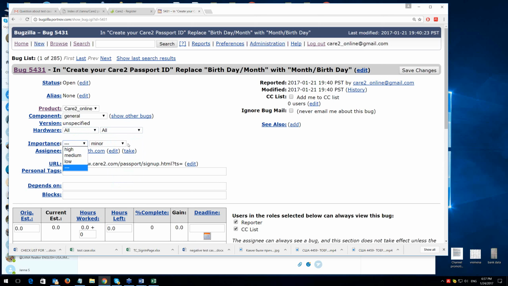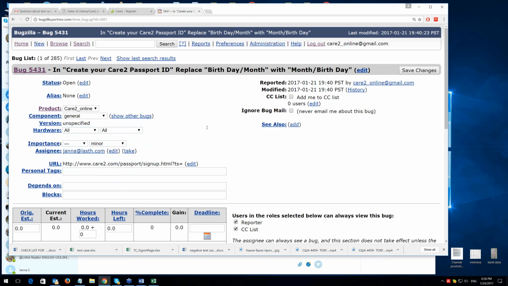Importance is the priority. I really don't want you to be confused when you join a company. Each company has a different policy and uses different terminology. Portnov Computer School is also a company, and we also have a policy. Our policy is that priorities of our bugs are high, medium, low. Severity of our bugs is critical or fatal, serious, minor, and enhancements, or what we call them here.